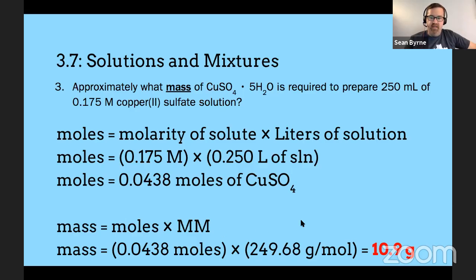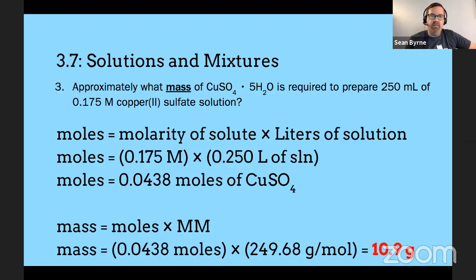But our molar mass is going to be a huge molar mass, 249, because it is copper sulfate plus 5 waters involved in there as well. And so our final answer should be 10.9 grams. Okay. So those are just 3 different types of problems that you could do in order to